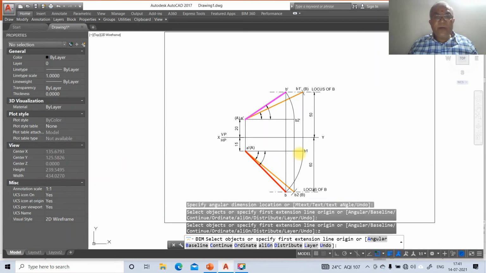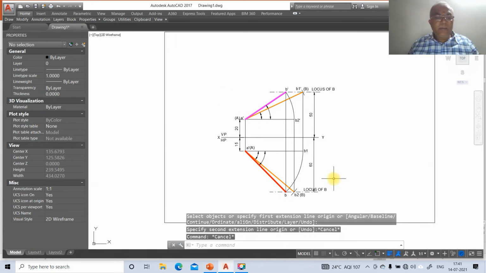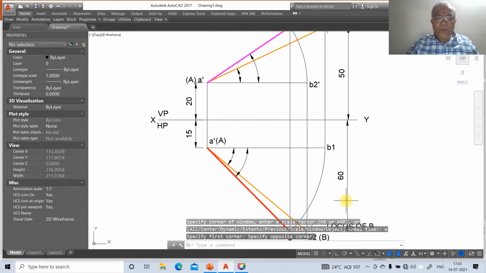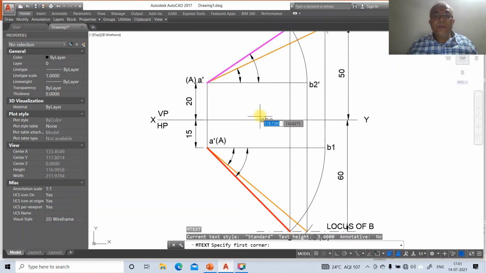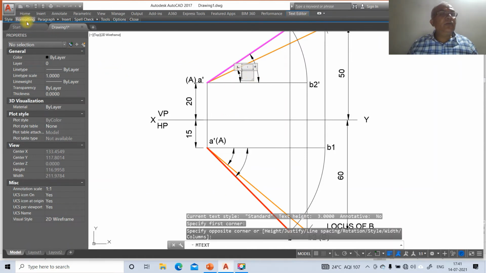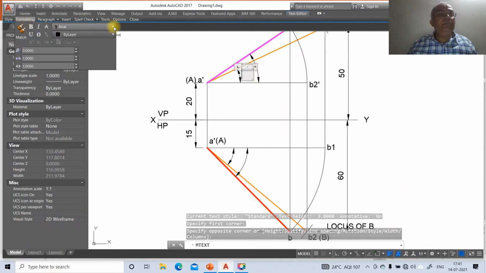Then go to zoom window. Here go to text. Take one corner, go to formatting, go to symbol.